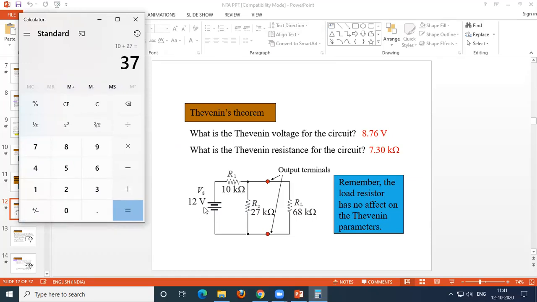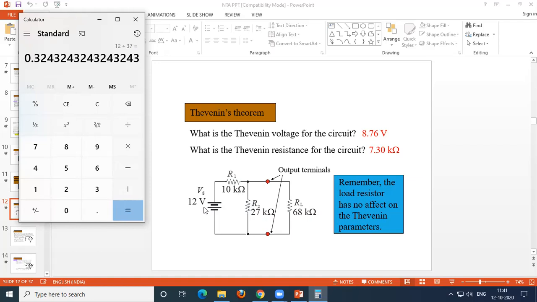We know that to find out the value of the current which is supplied by this 12 volt battery, the formula for this current is I equals V upon R, voltage divided by resistance. The resistance is the 37 kilo ohm total resistance, and the voltage input is 12 volt. So 12 divided by 37 is equal to